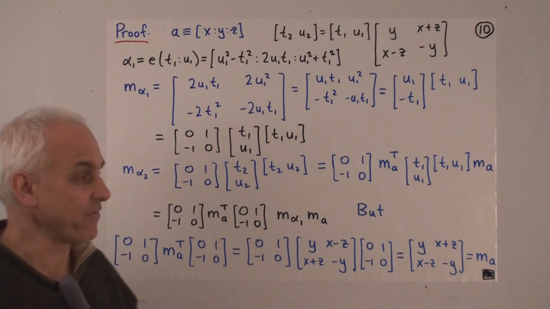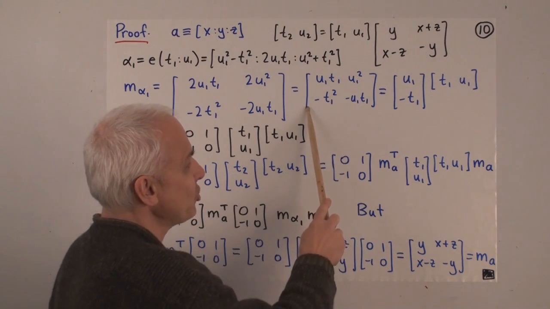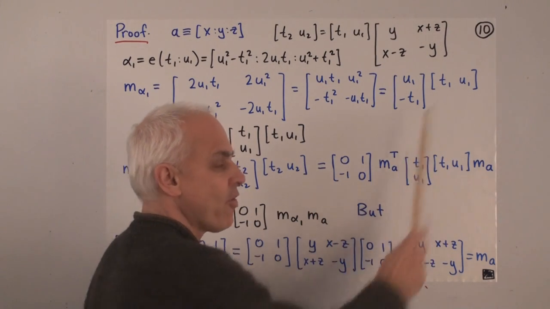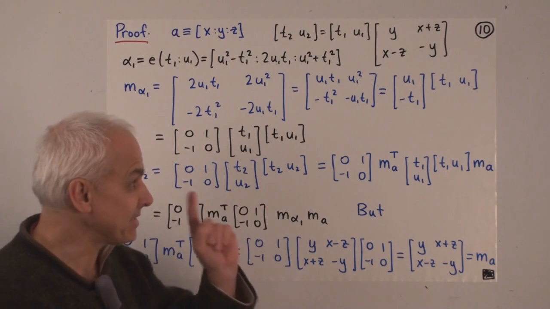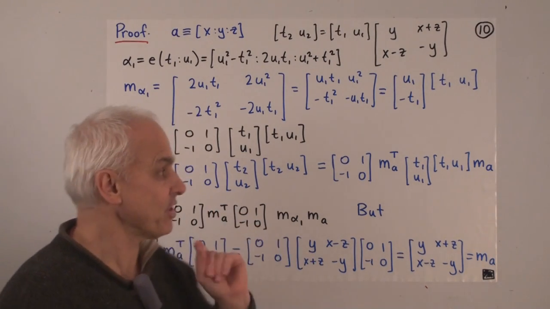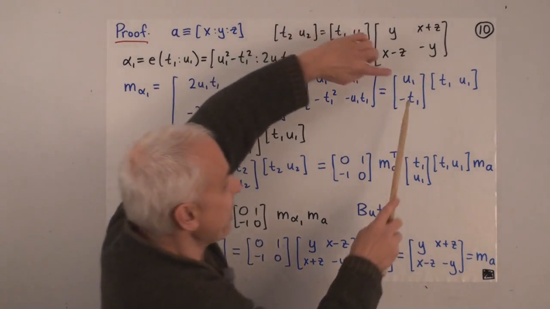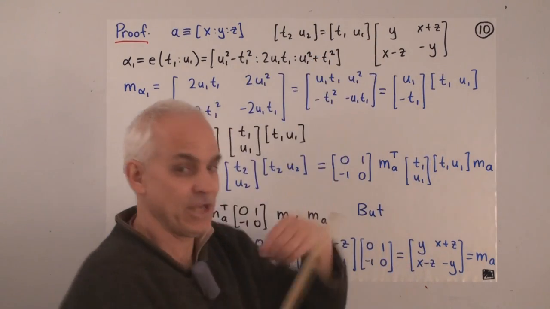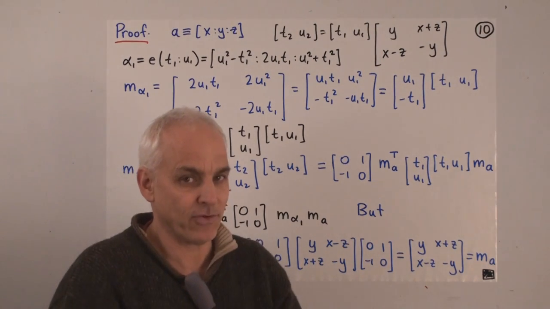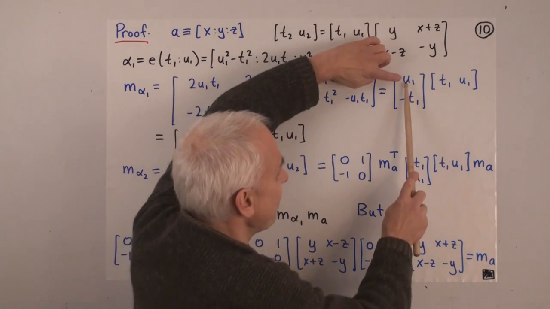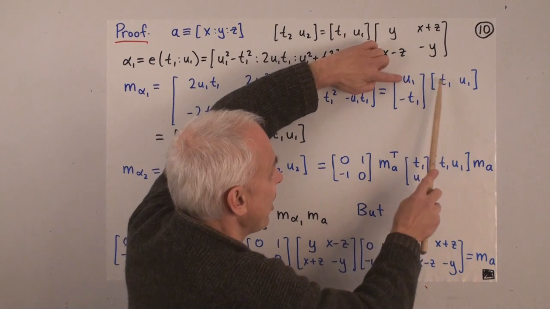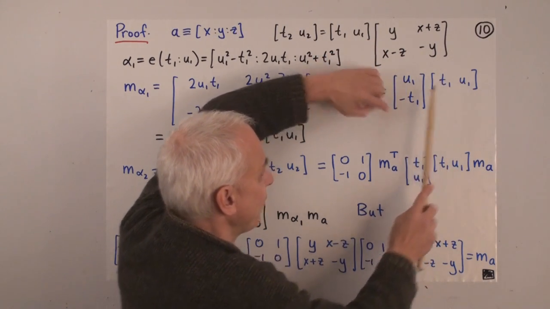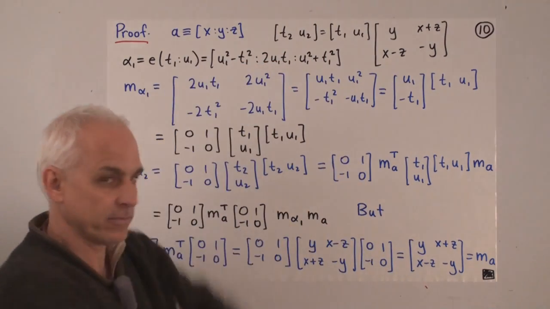And now we make the interesting observation that we can write this 2 by 2 matrix as a product of this column vector times this row vector. This is a different kind of product. I hadn't mentioned this before. So here we have 2 rows, and here we have 2 columns. Each of those rows and columns just has 1 entry. So if we multiply this, there's actually 4 products. This times this, or this times this, or this times this, or this times this, and those are the 4 entries appearing there.